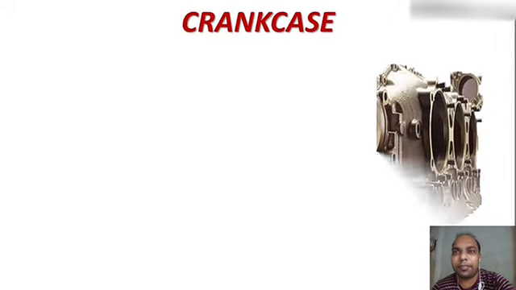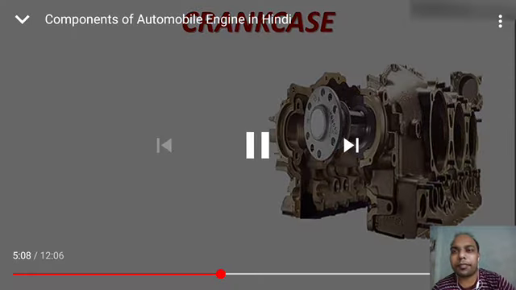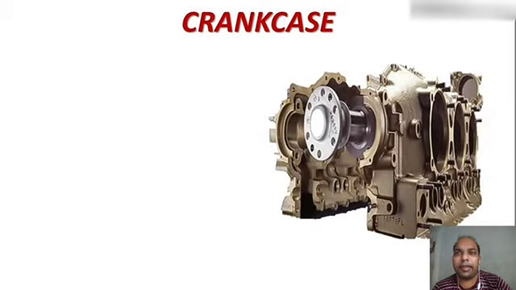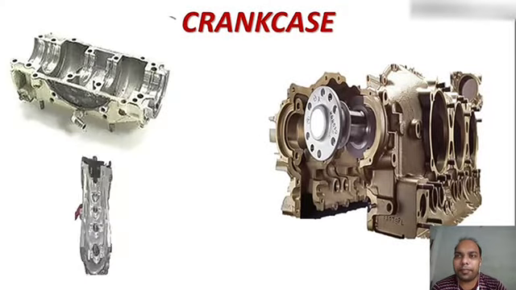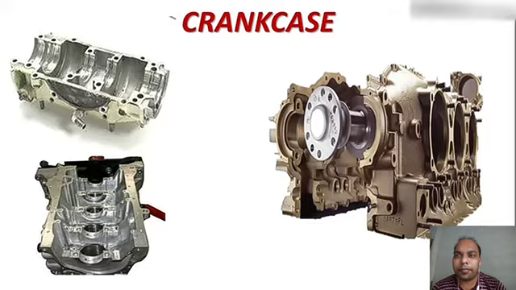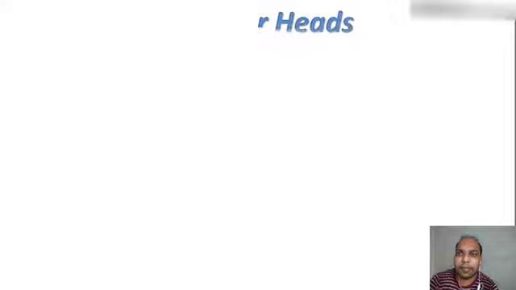Next is the crankcase. You can see the crankcase. It is the outer part, and that is called a mechanical cover. Why is this the largest part of the engine? Because it has to protect the engine from outside dust or foreign particles, etc. Therefore it has to be closely or tightly packed. It is made generally of aluminum or mild steel, etc.